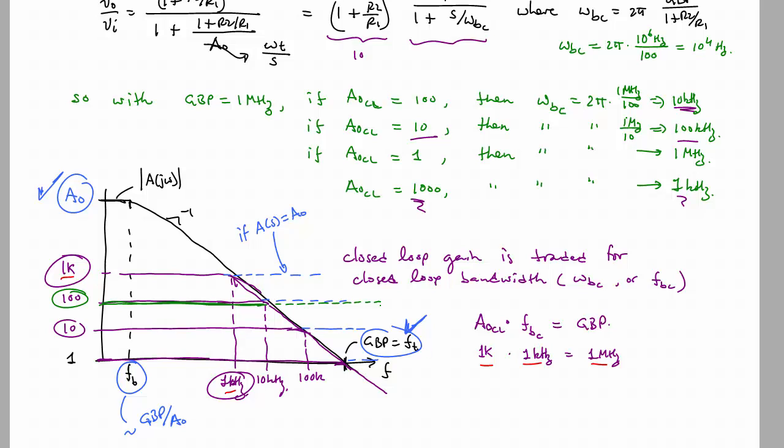So if you build such a circuit and start taking some data points, you want to use small signals for VI so we don't run into slew rate limitations. Sweep the frequency,